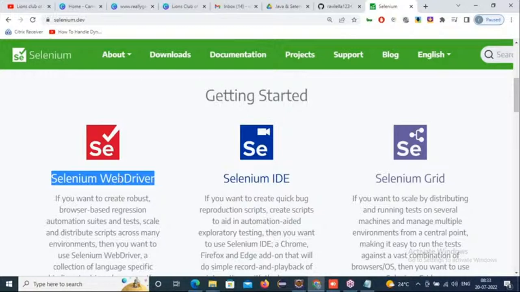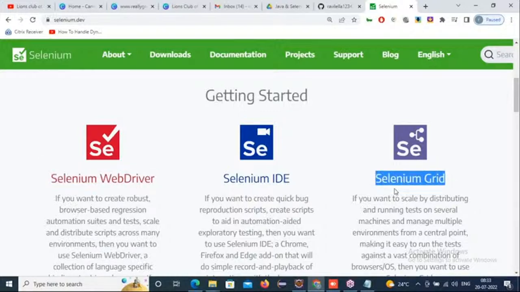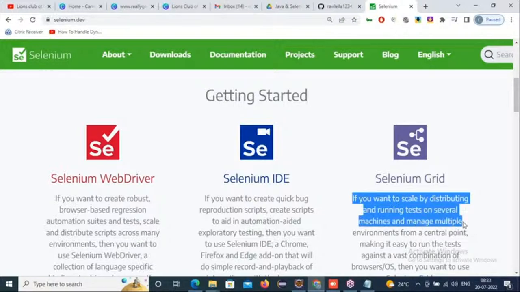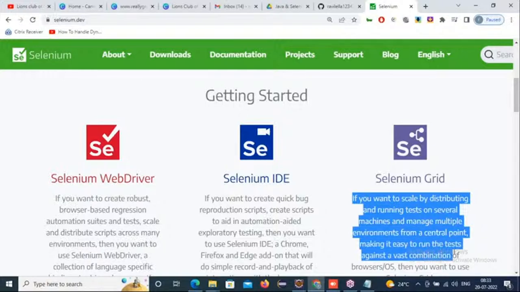How can we execute a single script on multiple platforms, operating systems, and multiple browsers in parallel with the help of the Selenium Grid component? If you want to scale by distributing and running tests on several machines and manage multiple environments from a central point, making it easy to run the tests against a vast combination of browsers and operating systems,